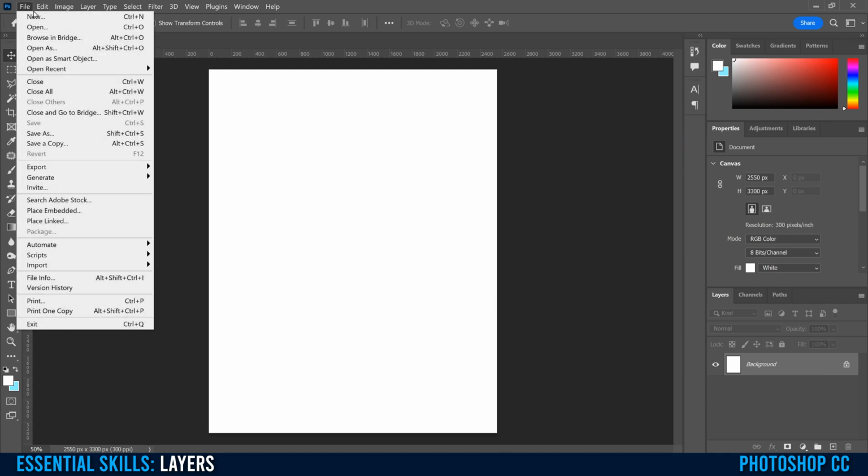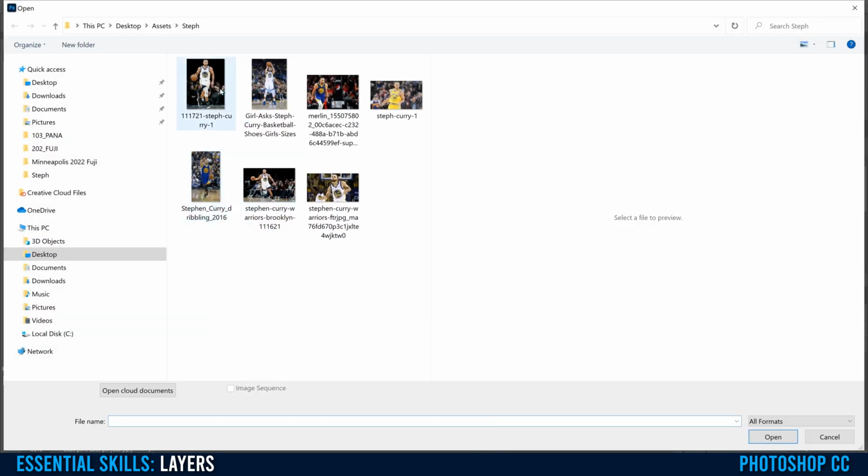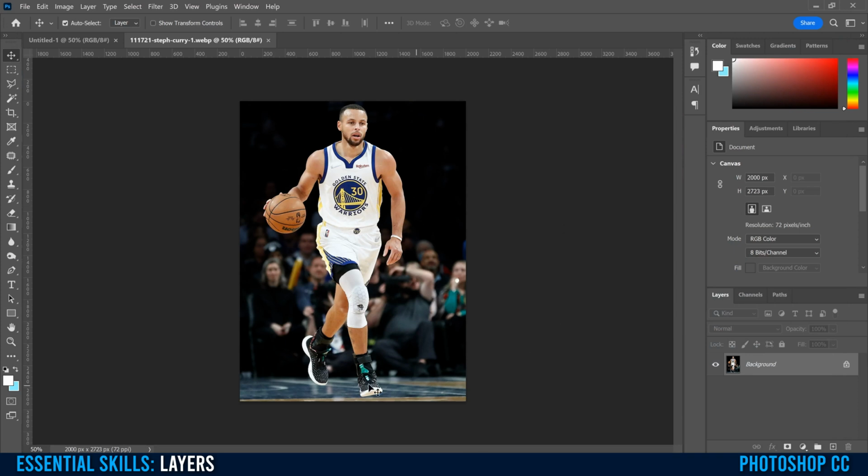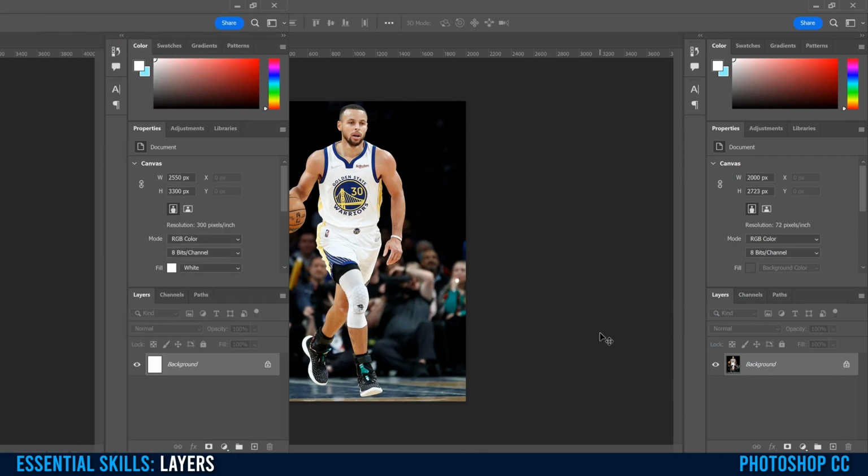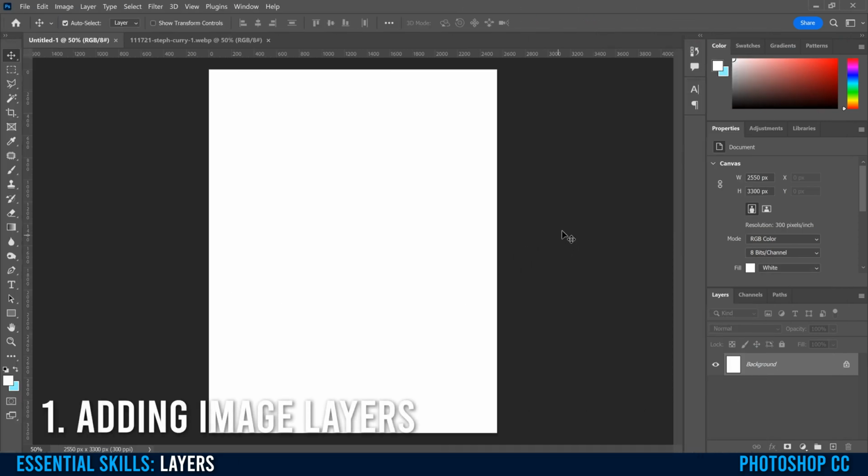If we did the other way, which was to open something up, so I'll go to open and open an image, the exact same thing will happen in your layers over here. This time, instead of a blank canvas, it'll actually be the image that you opened up. So the first thing I'm going to officially show you about layers is how to create or add all the